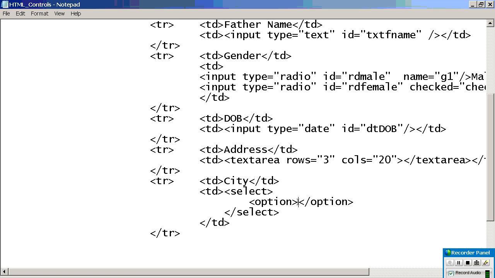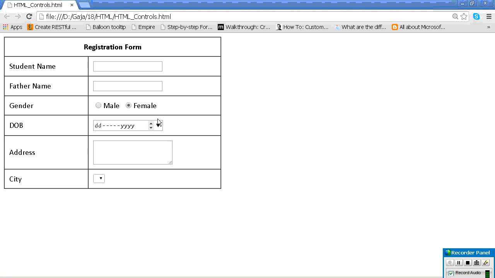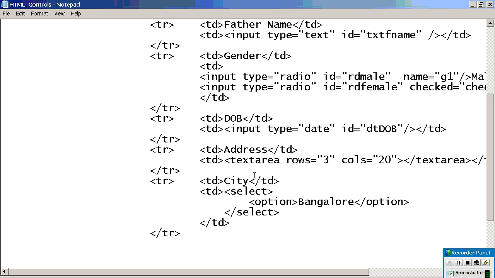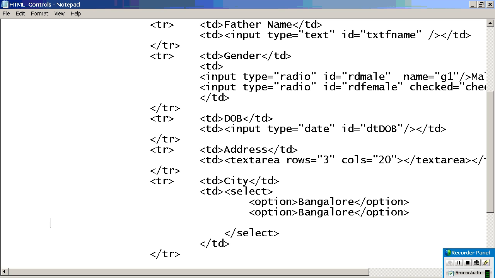Okay, so what we can write here, for example, this, okay, then you can write multiple. I'll give this option on different races.